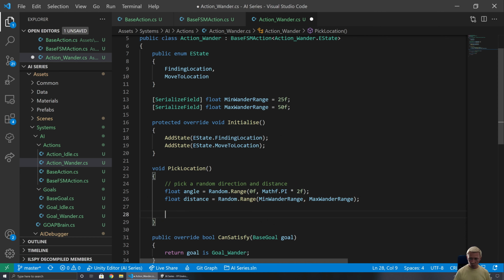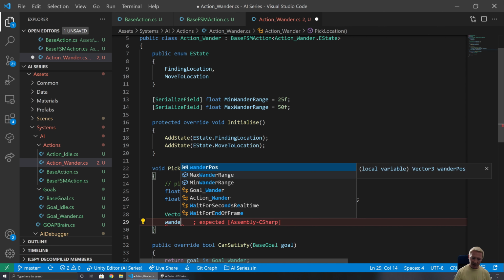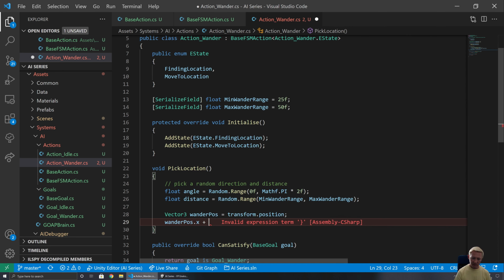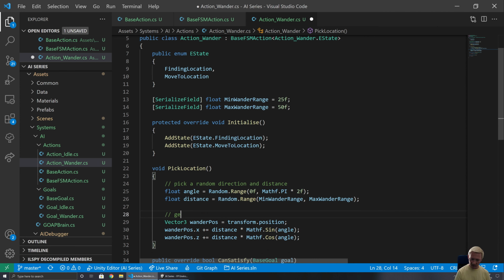Now, generating our wander position is not too involved. We start by using our current location. Then we take that and add to the x distance by Mathf.Sin of the angle. And then on the z, we just use cos. That will give us something that is whatever distance we have selected away and at a particular angle. So, we're generating a position,